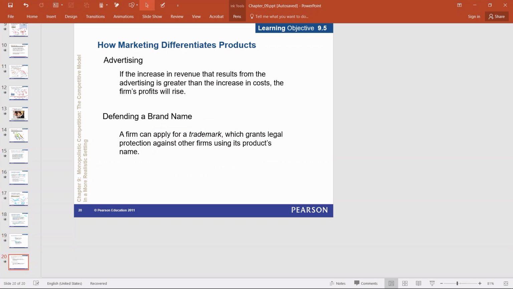So they advertise because they can cover some costs by making more profits,